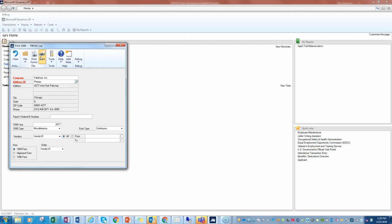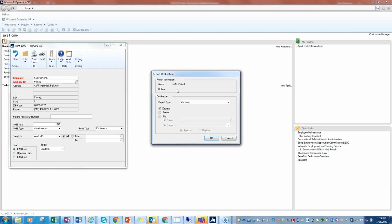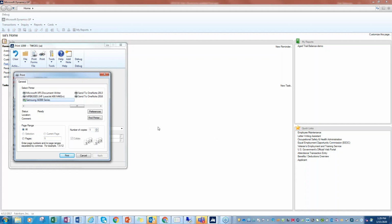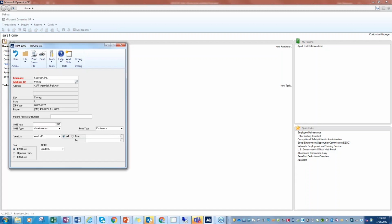So I'm going to go ahead and use my printer to go to the screen here, so you can actually see this window come up. Okay. And I'm going to say, okay, here. And guys, on this window, what you're seeing is I have the ability to pick that printer. And once I pick that printer and I hit print again,